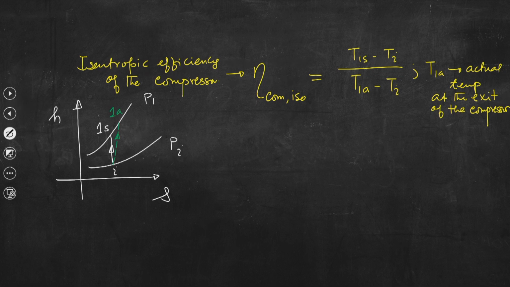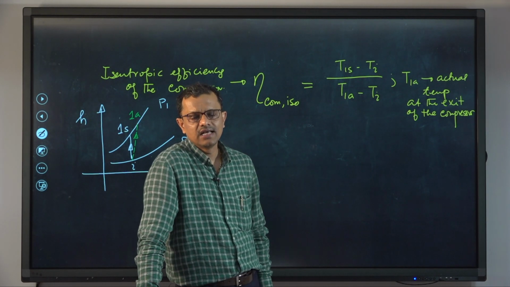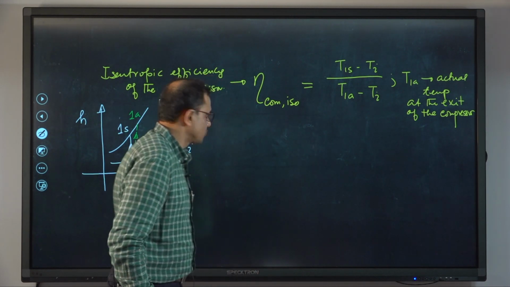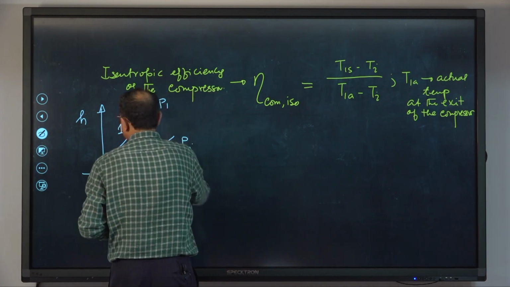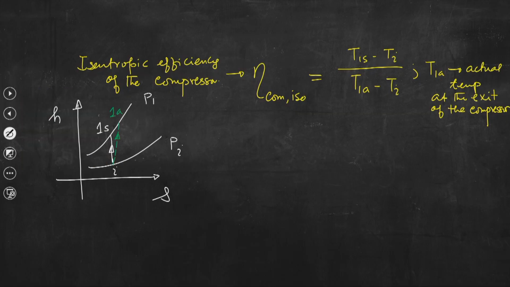So, assuming the charge to be an ideal gas, to be precise a calorically perfect gas, that Cp is constant, Cp is not a function of temperature, we can have this. So, using this expression, we can easily calculate T1a,